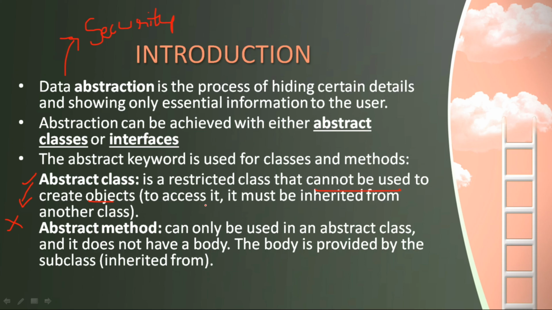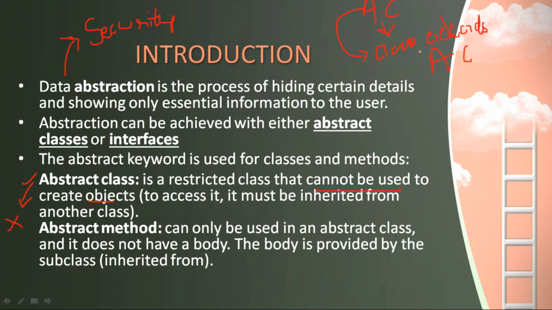To access the data in the abstract class, inheritance has to occur. So an abstract class is here. To access its data, we must have another class that inherits the data present in the abstract class. So here, some class extends abstract class. In this way, the data in the abstract class is inherited into the new class,